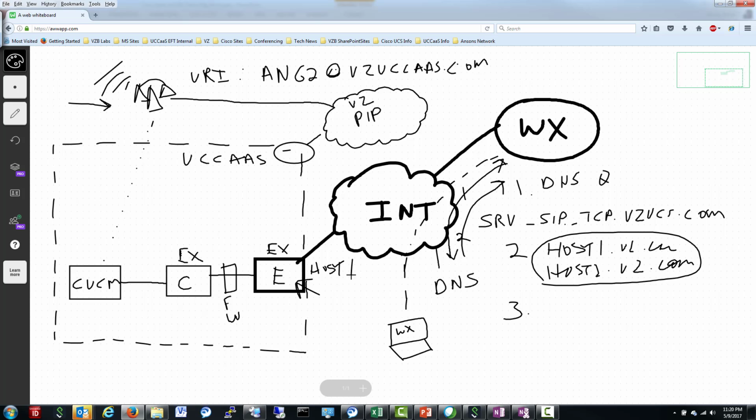And let's say this is host 1 right there. Okay, so we'll send it to host 1. So what happens is a SIP invite goes through the internet, and eventually gets to that Expressway right there. And we'll call this, what are we on, number 3? Well, let me just draw. Number 3 is DNS host name, host 2, we need to turn that into an IP address. Okay, 4, this is 4 right here. We're going to send a